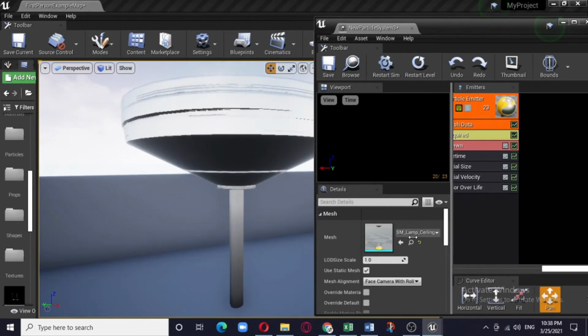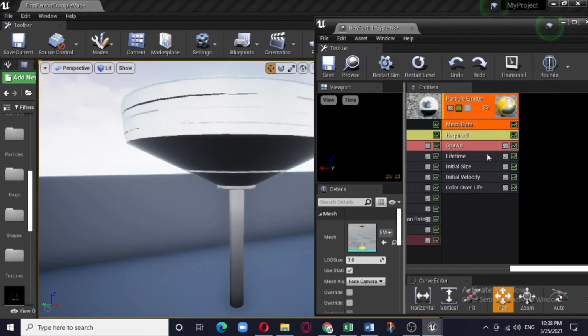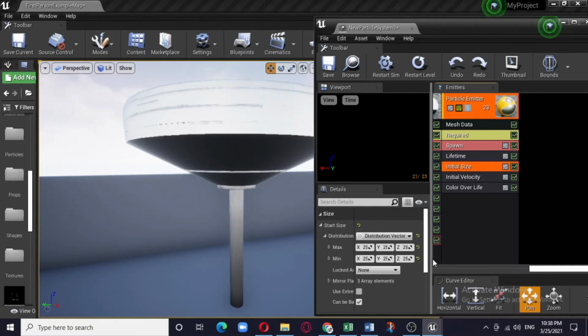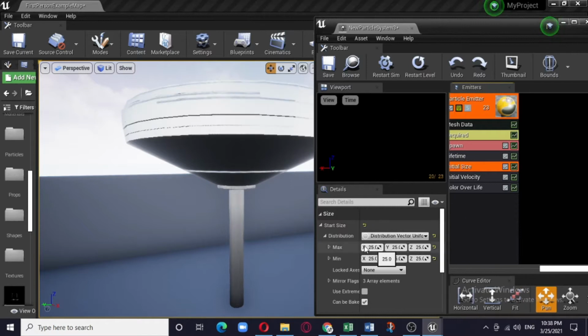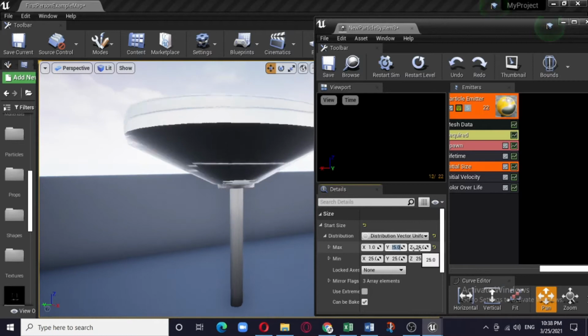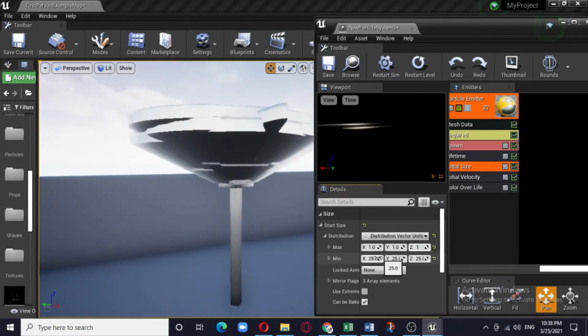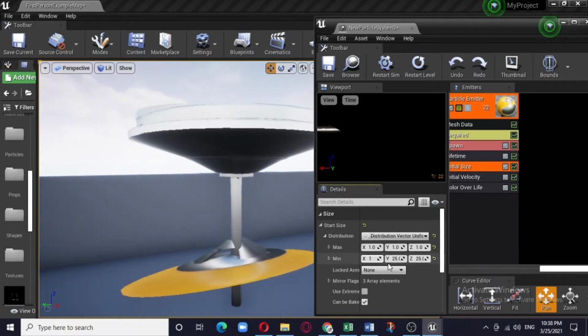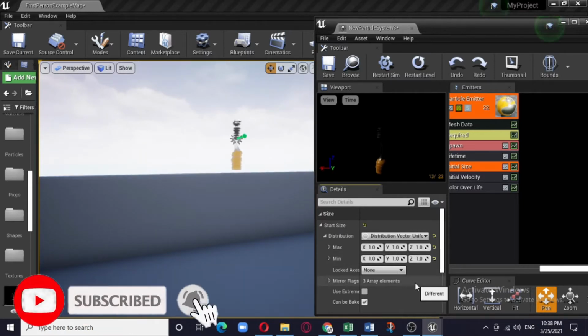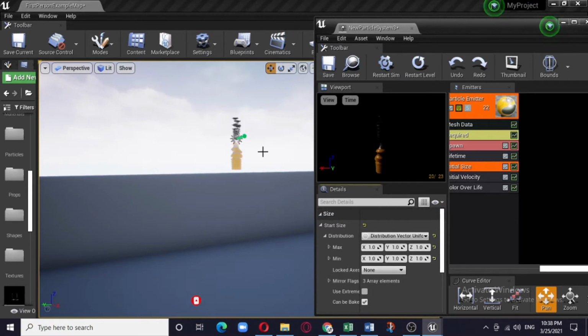Very similar to the way you control the size, there is an initial size. Click on the initial size. You need to adjust the window. Here it is all 25. So I believe we can make it 1 and 1 all across, so that the size is small. So here we are. You can see a lot of lamps being emitted. Sorry for this light.